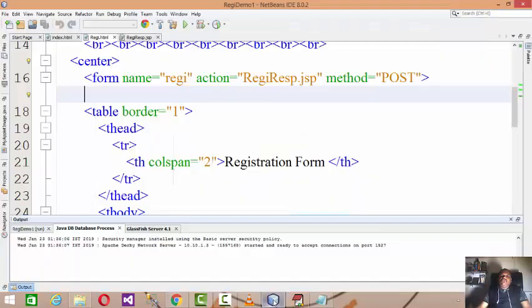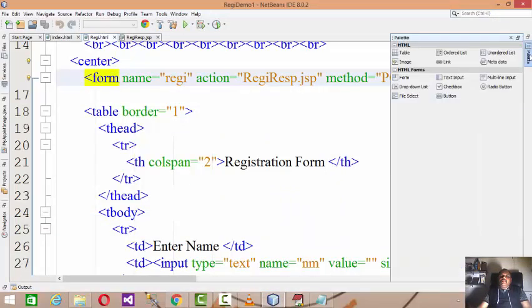As I just discussed, in the palette here is the form tag, text input, and multi-line input, which is called your text area. The drop down list is a select, then checkbox and radio button. File select is for when you want to upload a file to the server. Obviously we need a separate session for uploading the file because we have to change the server side code also. So in today's session I am going to discuss all the HTML form controls like form, text input, multi-line text, drop down list, checkbox, and radio button. And the button we already know about, the submit button, right?